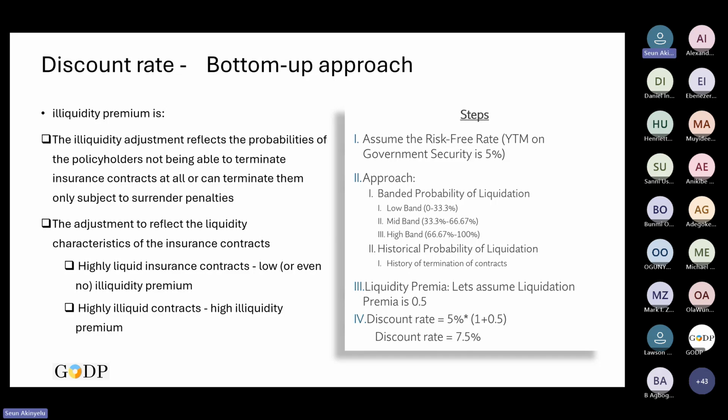So the same way, when we were doing the other one, we factored it. I taught you how to actually calculate the probability of default. Now, you are going to actually have a band. I'm going to make it as simple as possible. You are going to actually have a band to adjust the probability of liquidation.